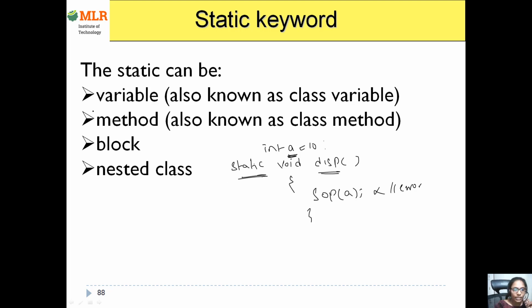If you want to access non-static data, you should create an object for that class, even if you are in the same class. See, I am in class A, so what I need to do is A ob is equal to new A. How can I access it? ob dot a. Not directly, I cannot access a. Why? Because a is non-static data. So that's the thing. Now we'll see one example for static method also.